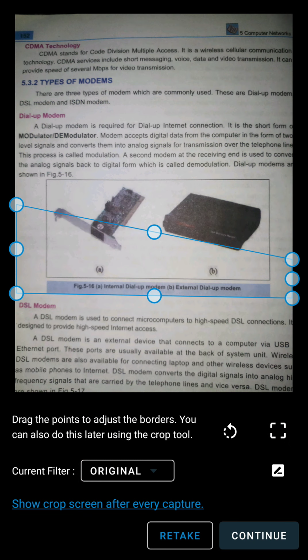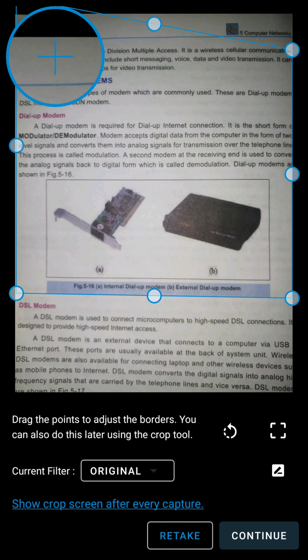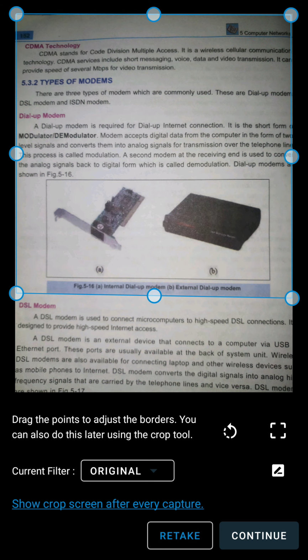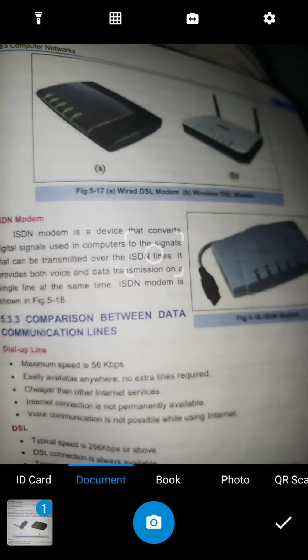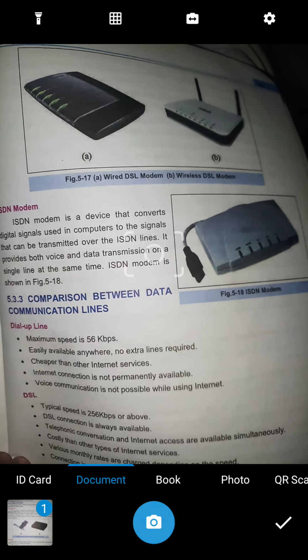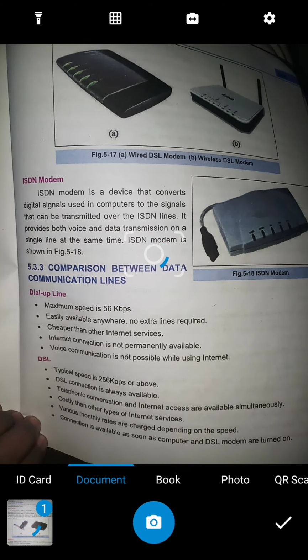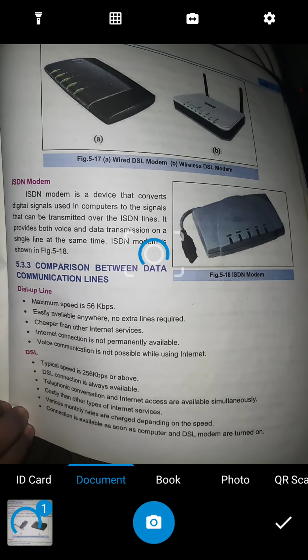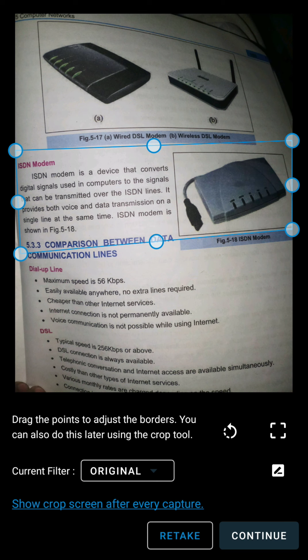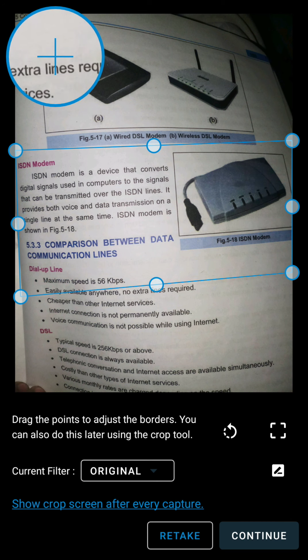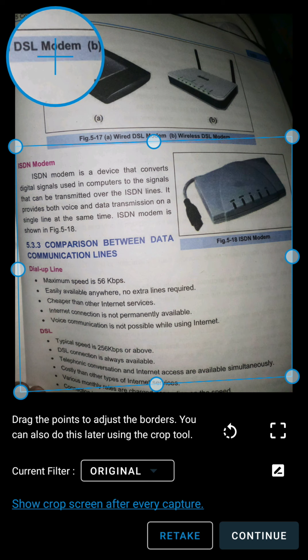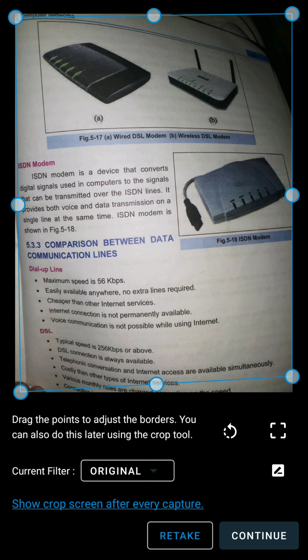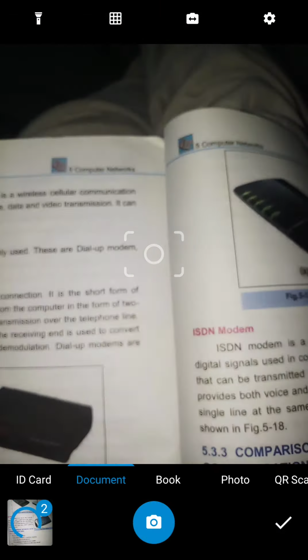Okay, the image is being captured and you can also crop the image according to your demand, according to your need. So I'm going to crop it. This is the first image, and the second image I'm going to capture as well. So this is the second image. Now I'm going to crop it. You can crop the part which you want, and after cropping the image you will click